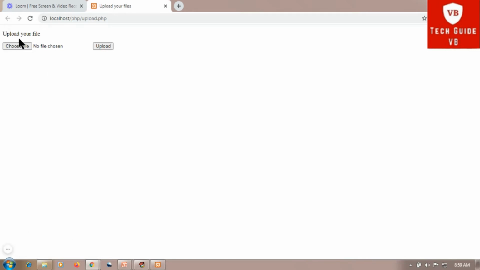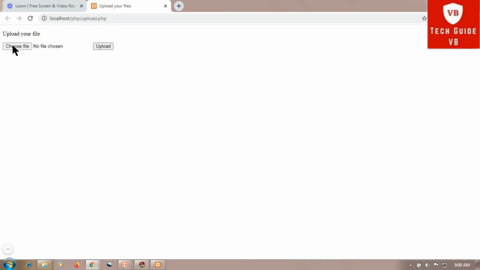So this is the program for uploading your file. Here we can choose the file which we are going to upload, and then we click on the upload button and the file will be uploaded in the specified folder.